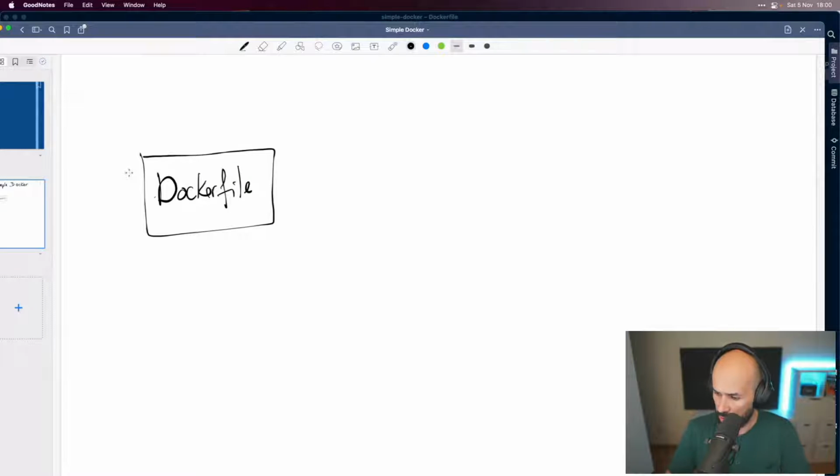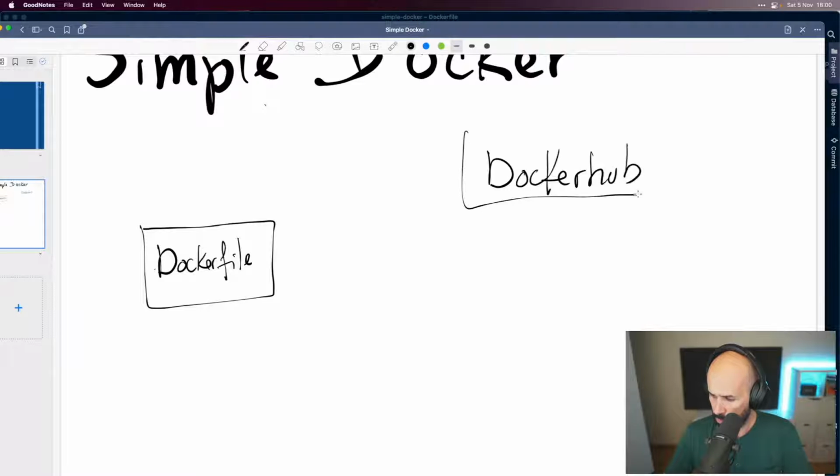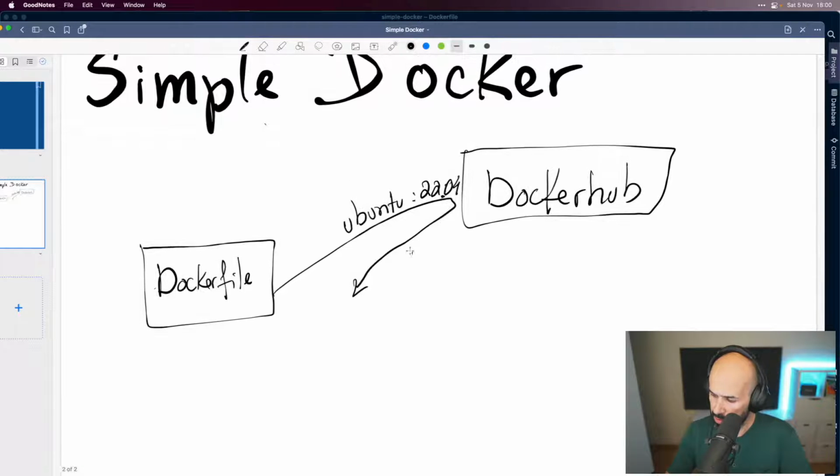So what it did, it went to Docker Hub on the cloud, and it sort of pulled Ubuntu 22.04, right? And it did not, because we already have it cached on my machine.